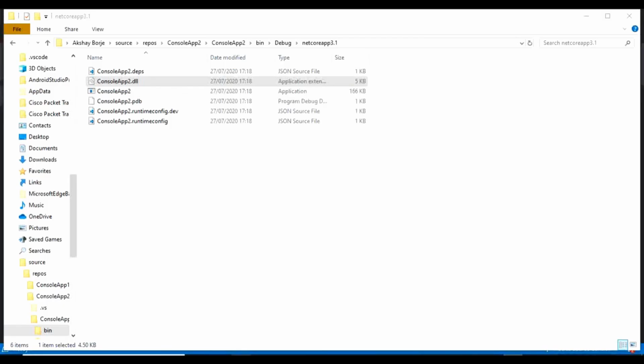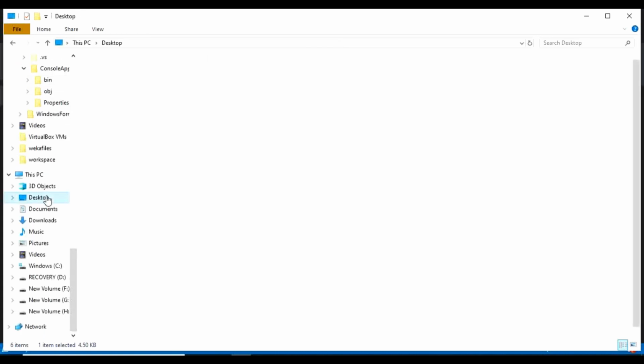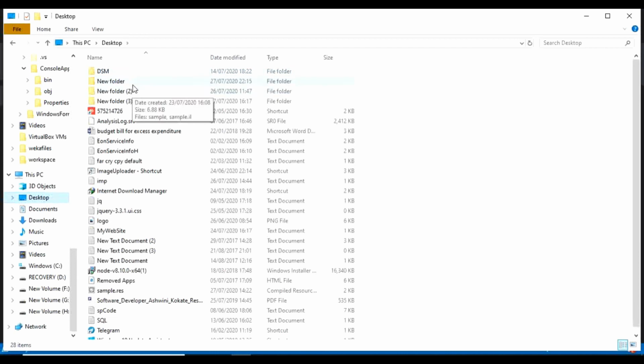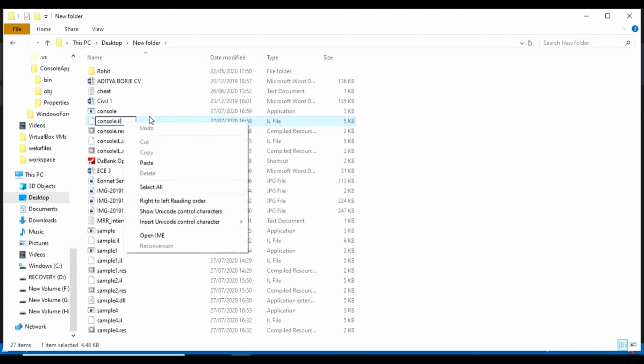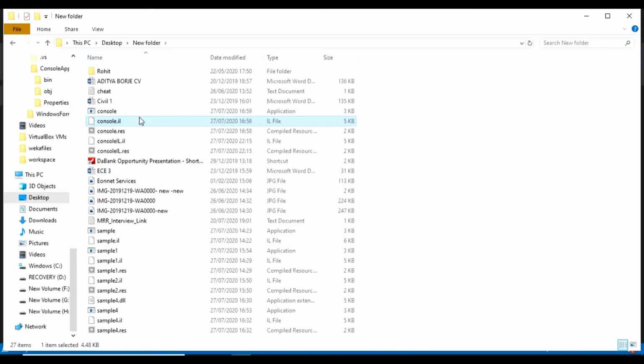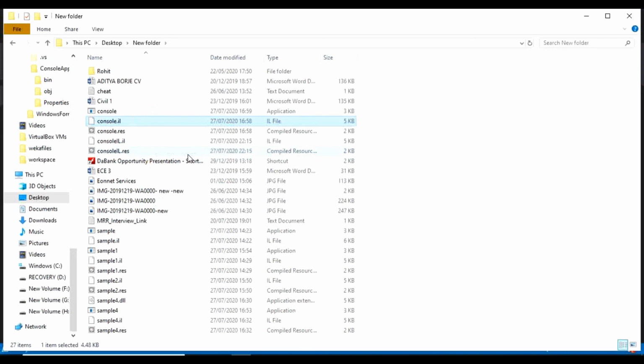I have saved that file in this new folder. Console IL, and if you can see, we will edit this.